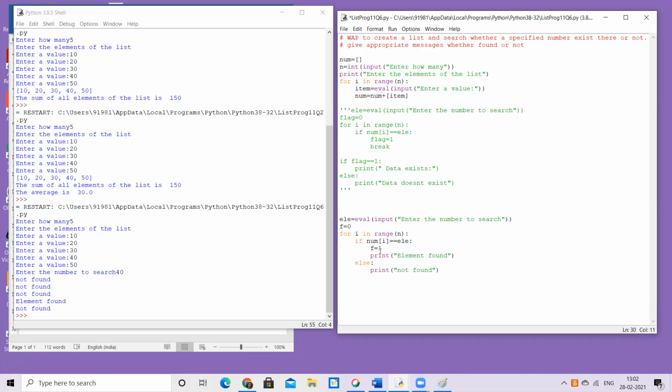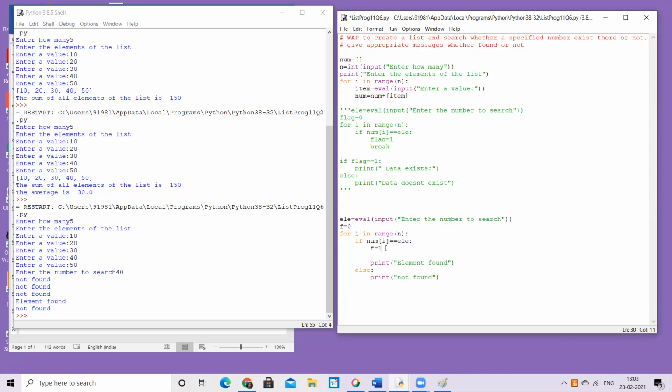Like maybe your friend is standing far apart and he shows you a pen with a lid on or a lid off, so you know that school is open or school is closed. So you just have an indication. That's the kind of indication I'm saying. If f is 0, I'll assume that the element is not there, and if the value of f has been changed to 1 at any point of time within the loop, I assume that the element is found. That's the basic purpose.